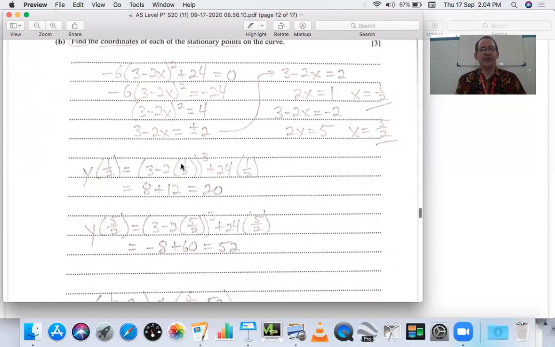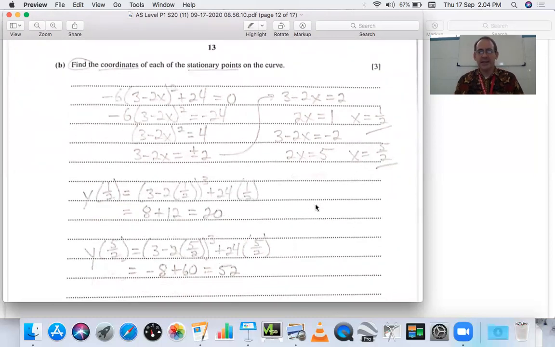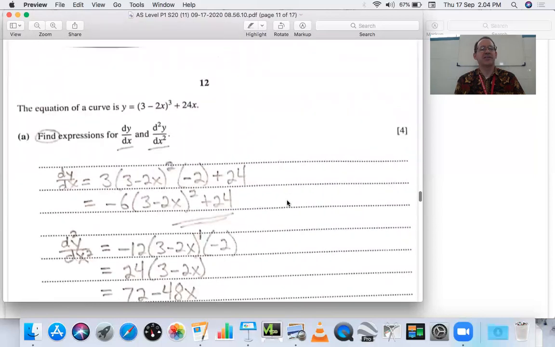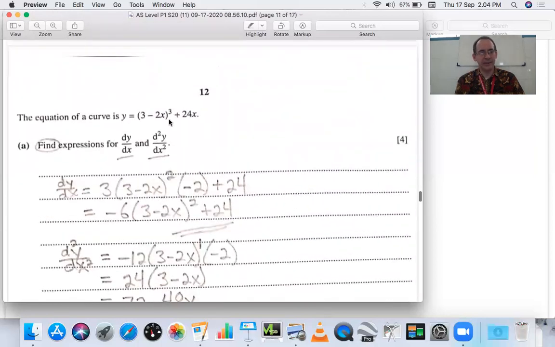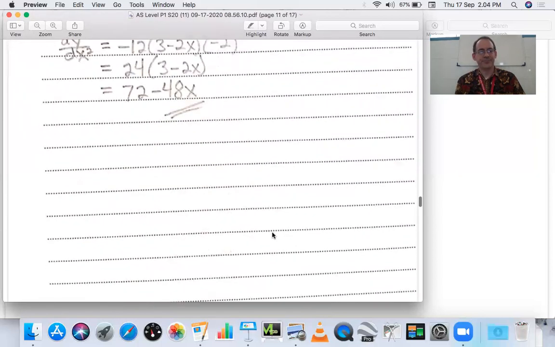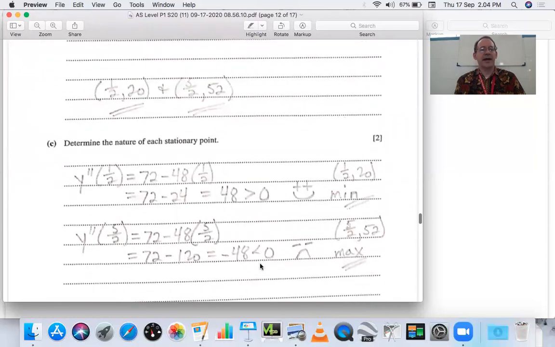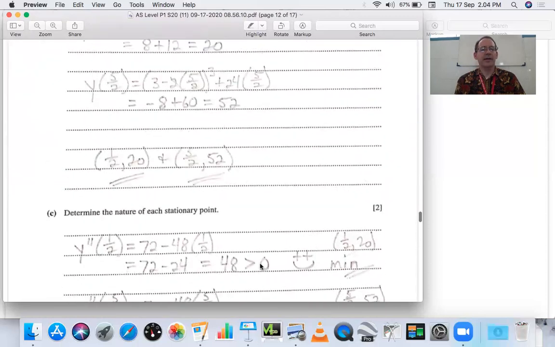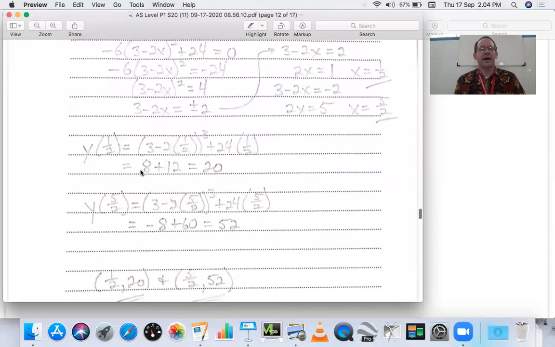So we need to plug those into the original function. Remember, when you're finding an ordered pair or coordinates, you always plug into the original function. The original function is this one back here, the y equals this up here. So we start with that, and we plug in right here our 1/2, work it out, we get a y value of 20, and then plug in the